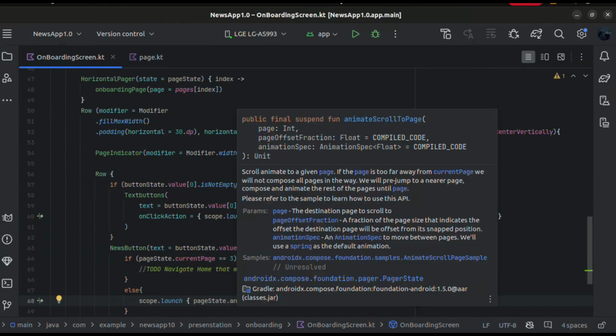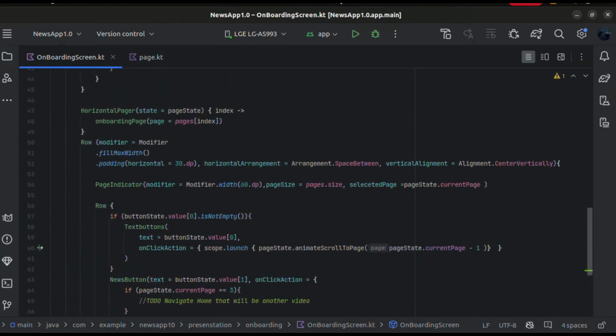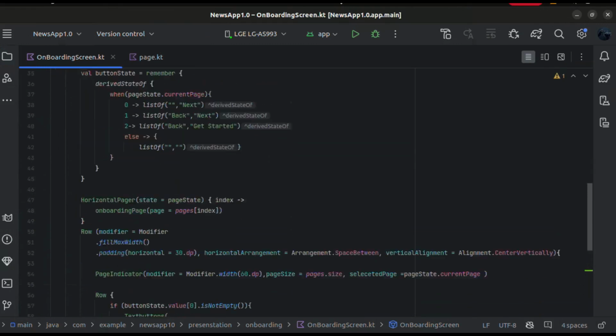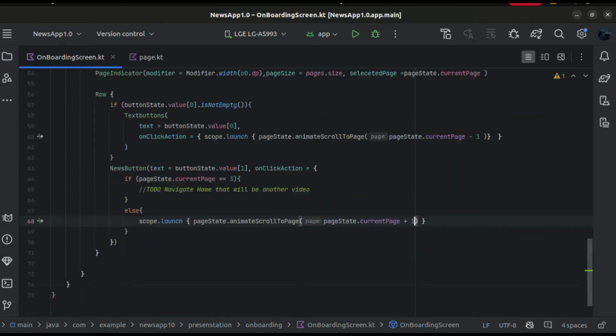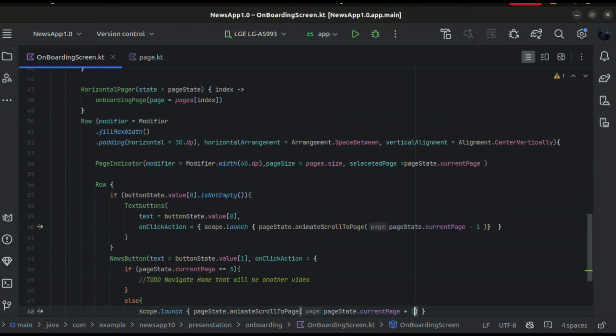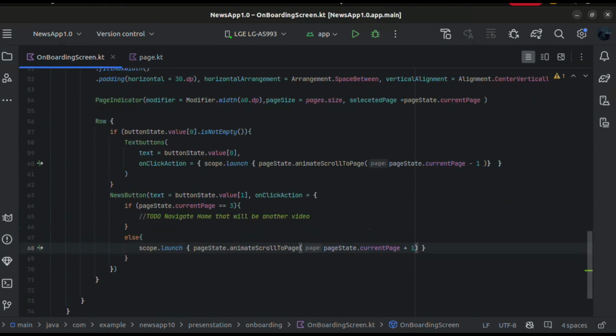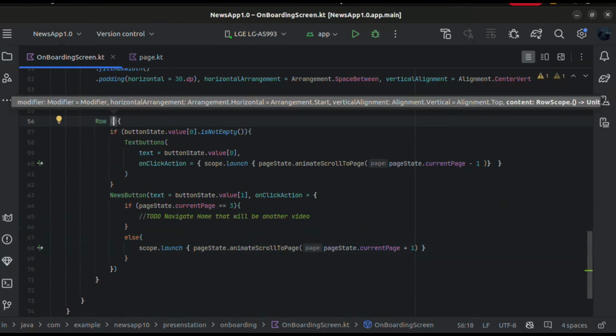So this one will be plus 1. Okay, so I think that's it for, yes. No, need to add